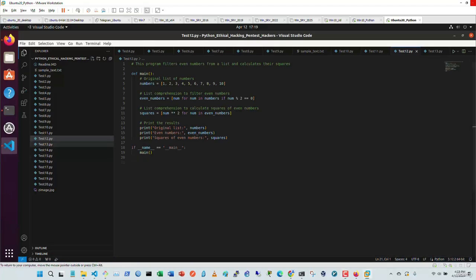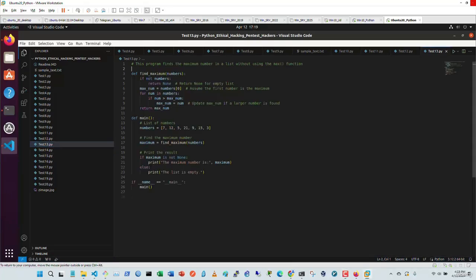Okay, another example, test 13, as you can see here, this program finds the maximum number in a list without using the max function, for instance, and you can see the function, we have a list first of all, so we know how to define a list, and then maximum number, we are going to have a function for that, and you can see from here the function with if not number, for instance, return none for empty list, the first configuration, and then we have max number, assume the first number is the maximum number, and with a loop we have to check it, and with the if